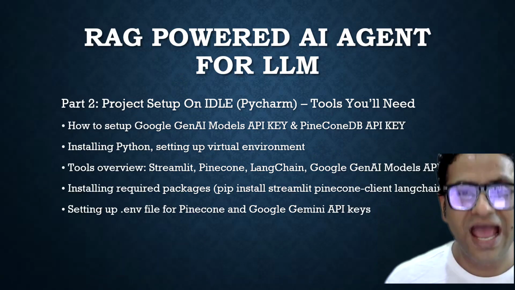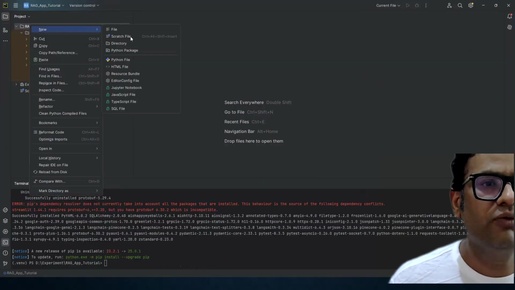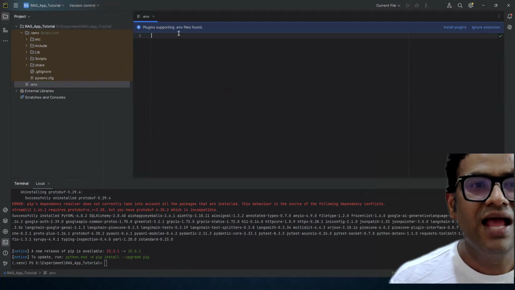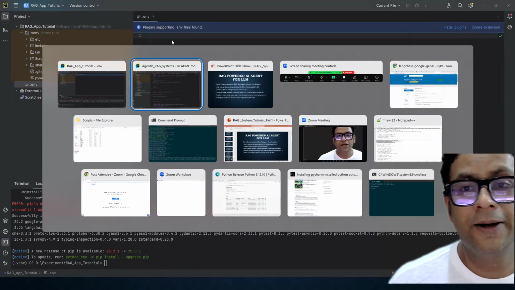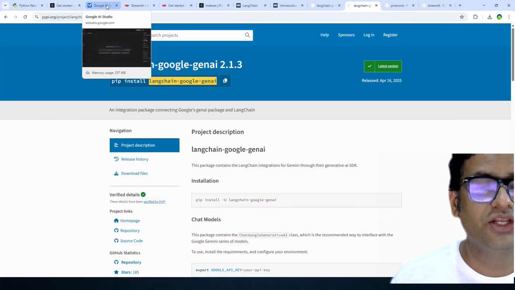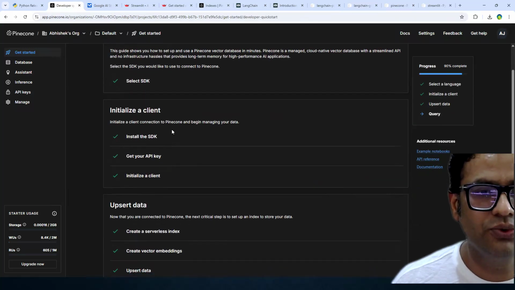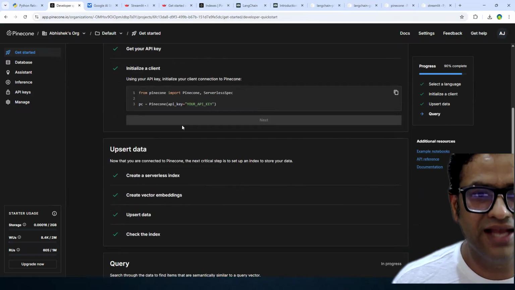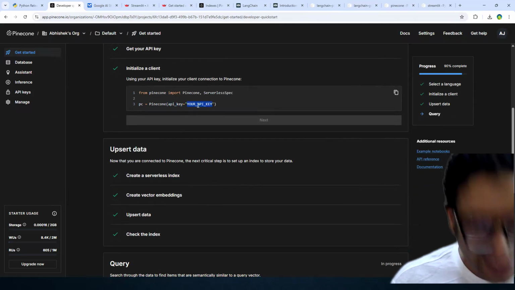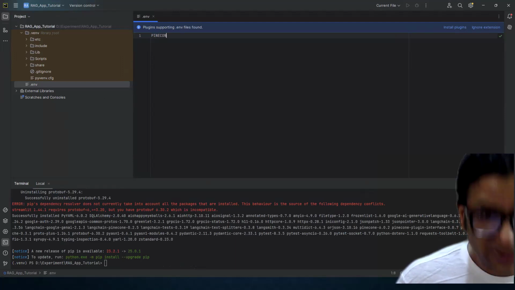Now, the next thing which we have to do is create our .env file, right? What you have to do, which is very straightforward, is come here and create this .env file. To generate the env file, let me quickly show you what you have to do. If you want to check from here, you can do that also. You can see how to initialize a file. Here you have to pass this API key. You can create any variable, but it has to be a key-value pair. What does it mean? You can simply say